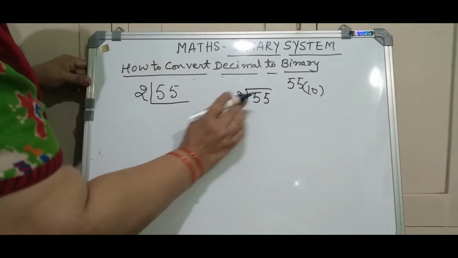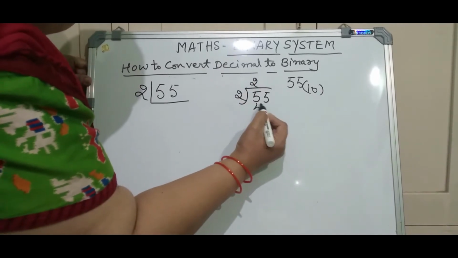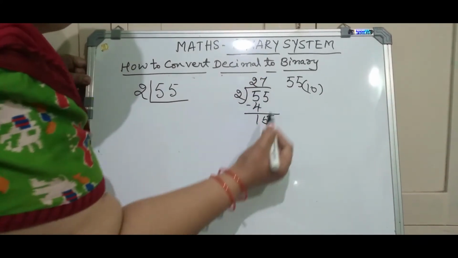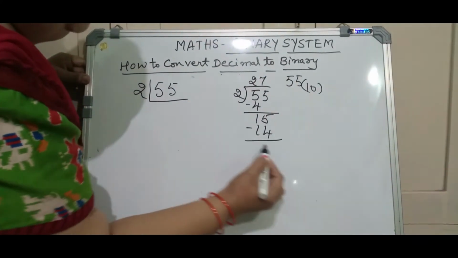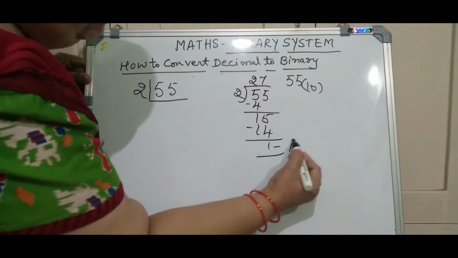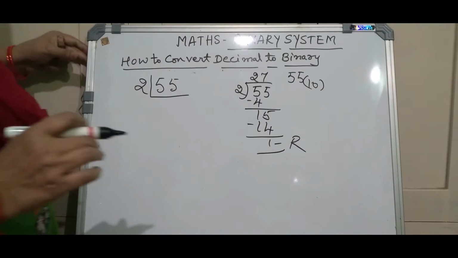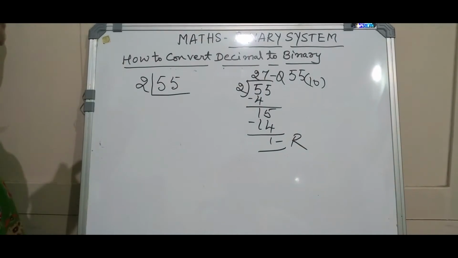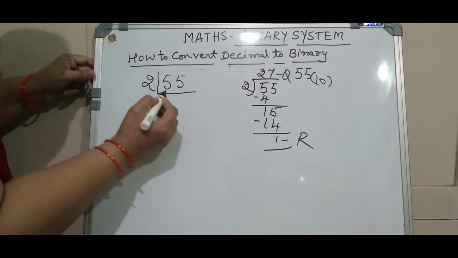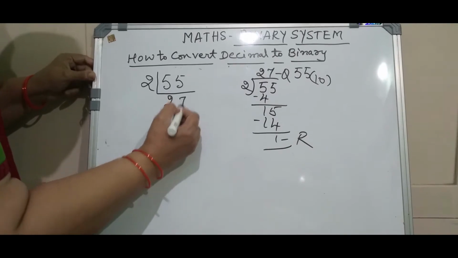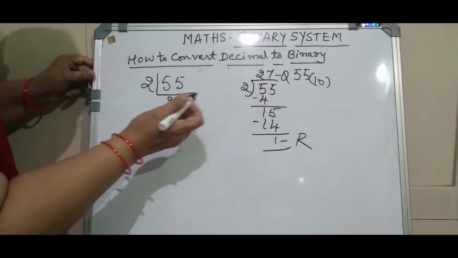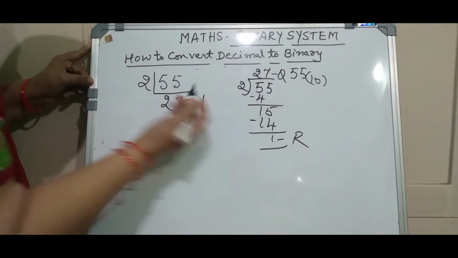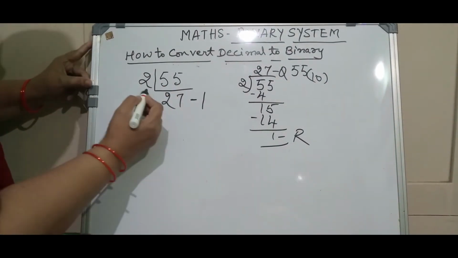See, I will divide the number 55 here. 2 2s are 4. Again 5 minus 4 will be 1 here. And 2 7s are 14. 15 minus 14 will be 1. This 1 is the remainder. I have written R as the remainder. And 27 is the quotient. Q is the quotient. So while dividing it, let me write the quotient here. 2 2s are 4, 2 7s are 14 and 1 is the remainder. Let me write a small dash here and write the remainder by the side of it. 1 I have written there.